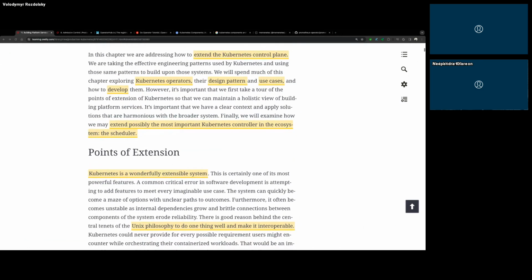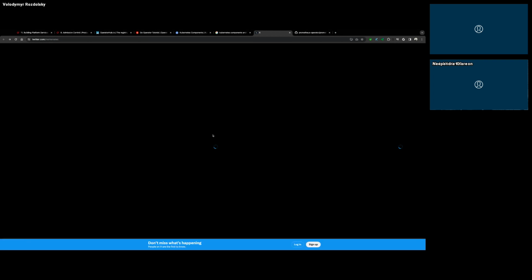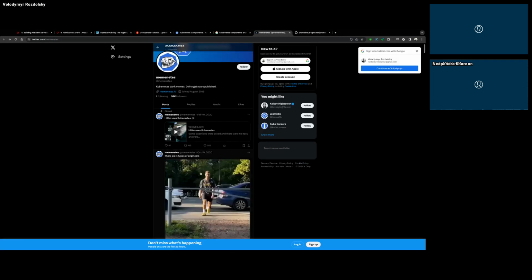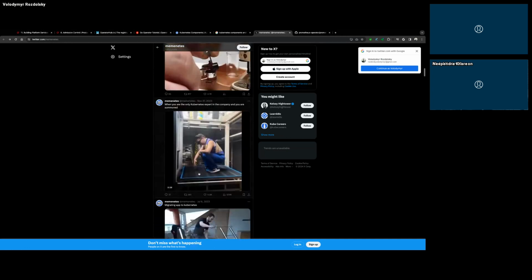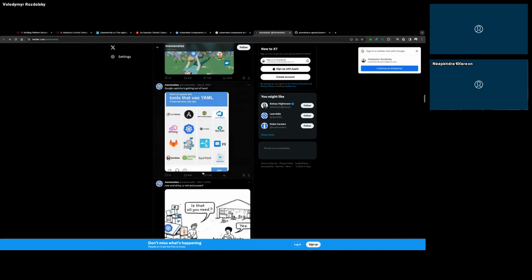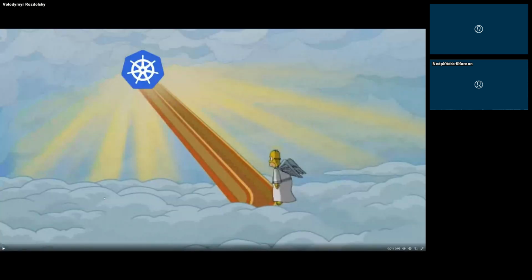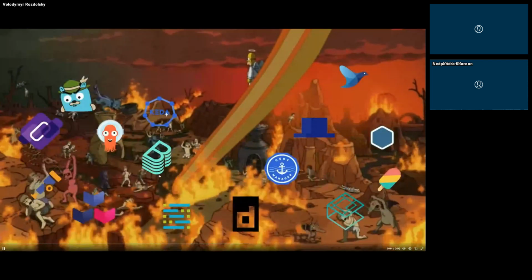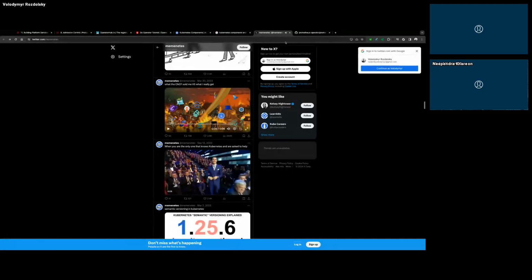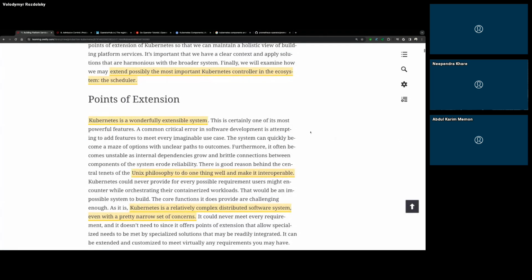I'm sorry, I want to show this meme because that's how I feel. Usually people say start with Kubernetes. I think this describes Kubernetes very well. I don't know if you've seen this one. That's when you think Kubernetes is just a YAML file, and then you have so many things. That's what the Kubernetes system is.